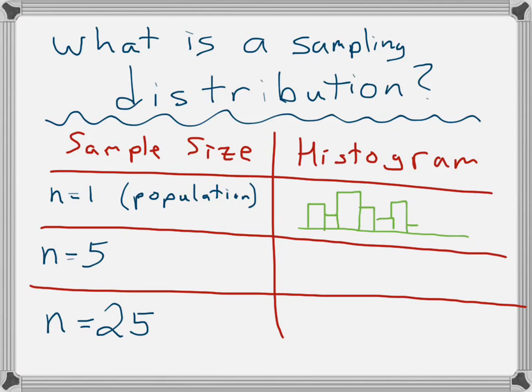Now imagine you took the same thing with size 25. I want you to take a guess at what is going to happen to the histograms as the sample size increases. So you see the population in line 1, then sample size of n equals 5 in line 2, and in line 3 the sample size of n equals 25. So pause your video and take a guess at what those are. Okay, so with the sample size of n equals 5,